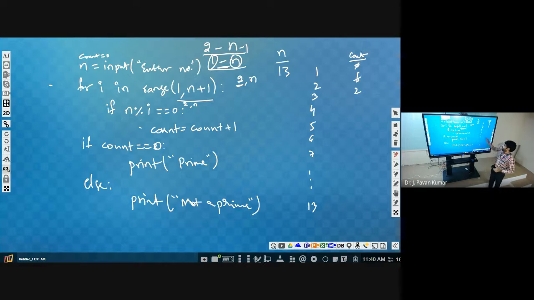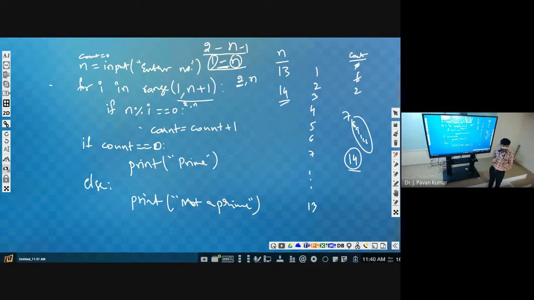Next, suppose you consider the number 14. We are not checking whether 14 is divisible by 14 or not, isn't it? Next, one more observation is that after 7, that is 8, 9, 10, these will not be factors of 14.